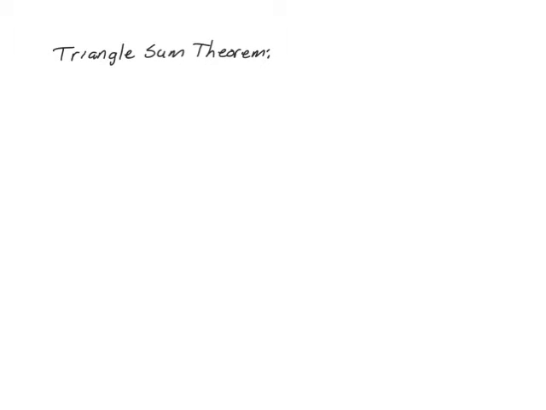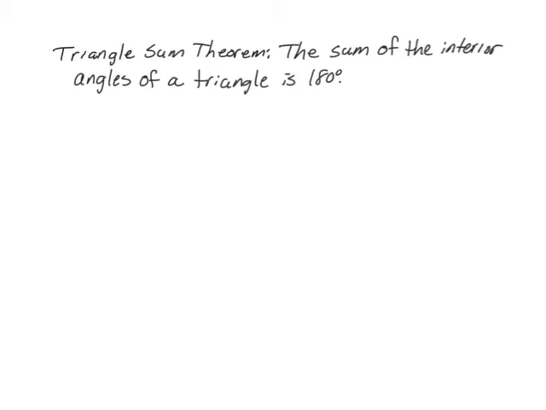Next we're going to talk about and then prove what's called the triangle sum theorem. And I think you already know what this is. The theorem states that the sum of the interior angles of a triangle is 180 degrees. And we're going to prove that because that's what we do in geometry. We prove things. So if we are given triangle ABC,